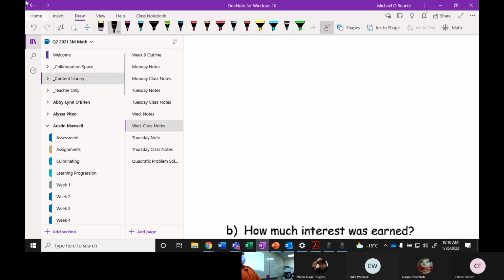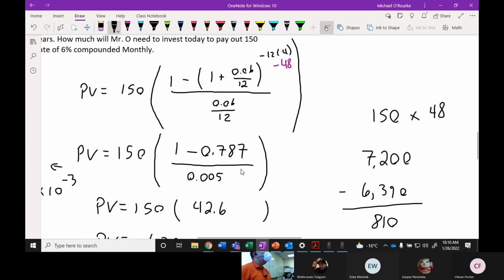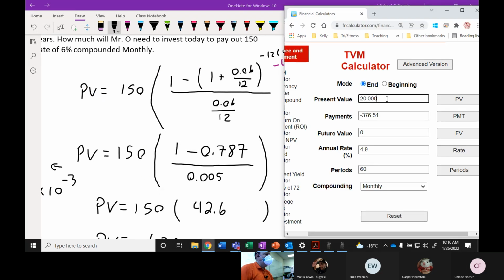Oh, pause here. I forgot one thing. Where's my answer here? How would I plug this into my TVM solver? I would go like this. My present value, I don't know. That's what I don't know, correct? I know my future value is going to be 0. I know my payment is going to be 150. My interest rate was 6, and I had 48 periods, 4 times 12. Then I just have to click on present value, and there's my answer. So if you're ever using TVM software,